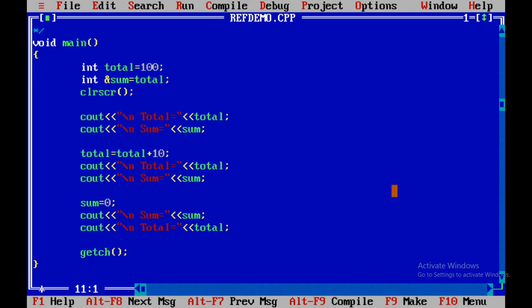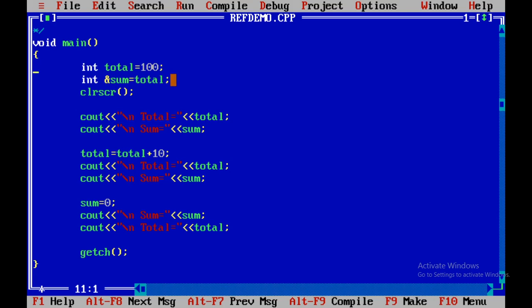As I just told about the variable total, here one integer variable total is declared, and the value is assigned as 100. Sum is the reference name or the reference variable used for total.